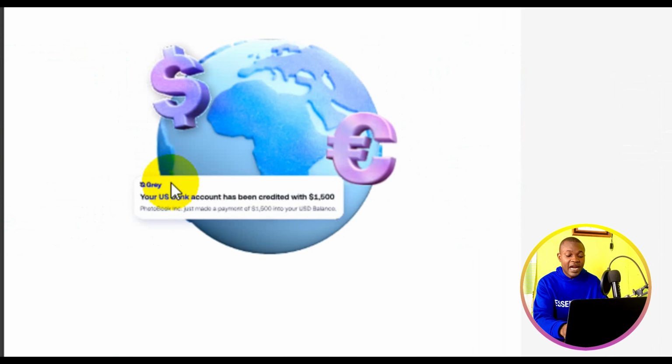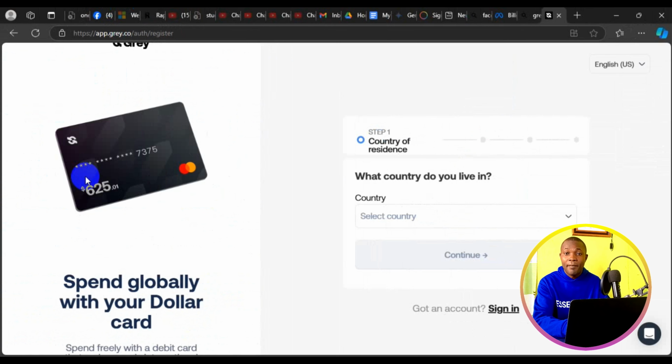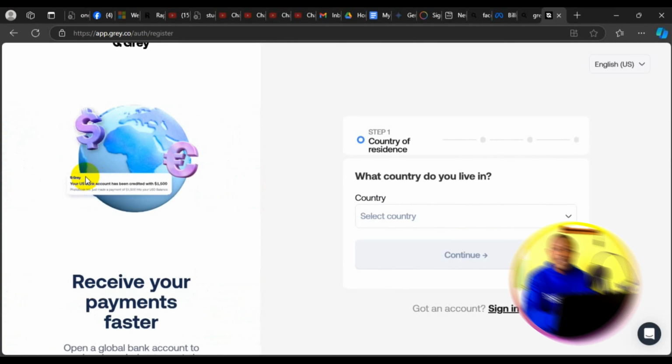So once you create a virtual card, whether Master or Visa card, then what you need to do is to go back to Facebook, enter the card details into the payment section on Facebook ads, and your card will be approved, and then from there, you can fund your ad account without any stress. It's as simple as that. So basically, this is how to solve the problem of bank card blocked by Facebook ads